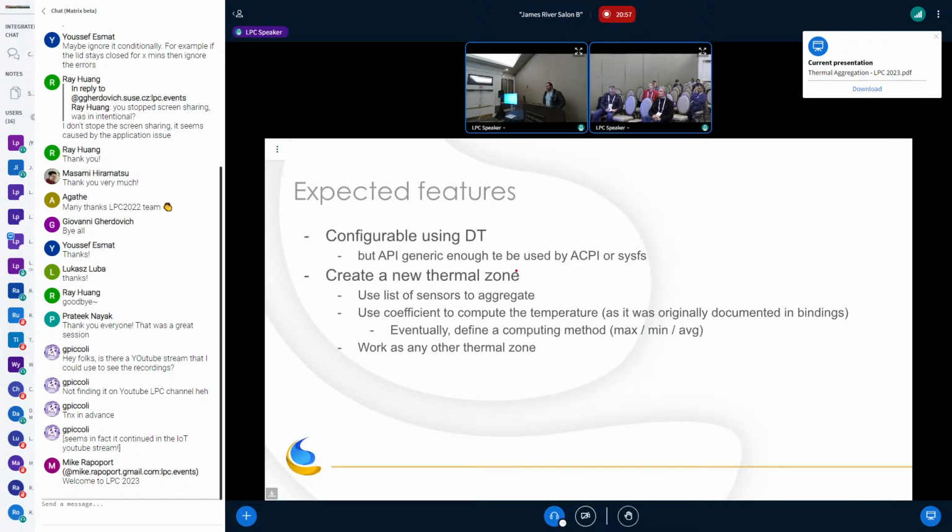So initially, when I did the aggregation, it was for one specific use case of Minetech, which was getting the maximum temperature of the SoC. So it was taking all the sensors and extracting the maximum value. The proposal I made was not generic enough. It was just for device tree. So the new one I would like to introduce will be more generic and will be usable with device tree